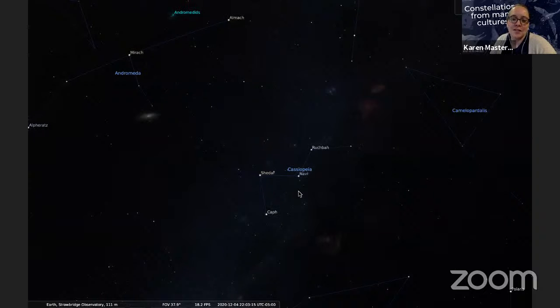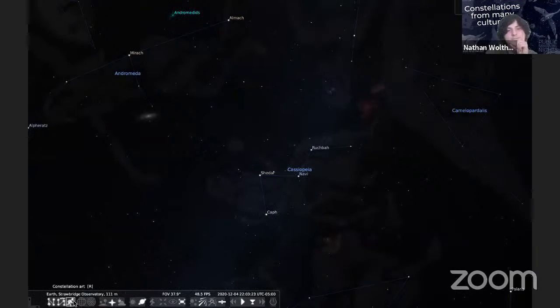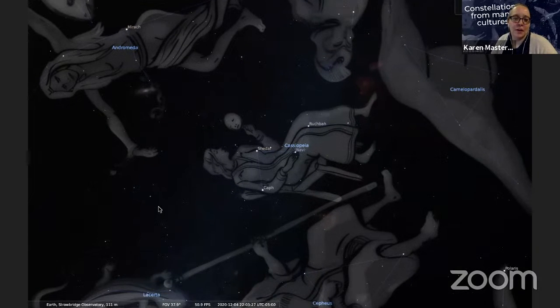And the constellation myth I learned about Cassiopeia was that it was the seat of a queen. And so the W makes it hard to see the queen. There she is, yeah. And she was boastful about her beauty. And as punishment, she was placed in the sky in a way that she would get tipped on her head once every day, in a very indignant fashion. So I always like that story for some reason.